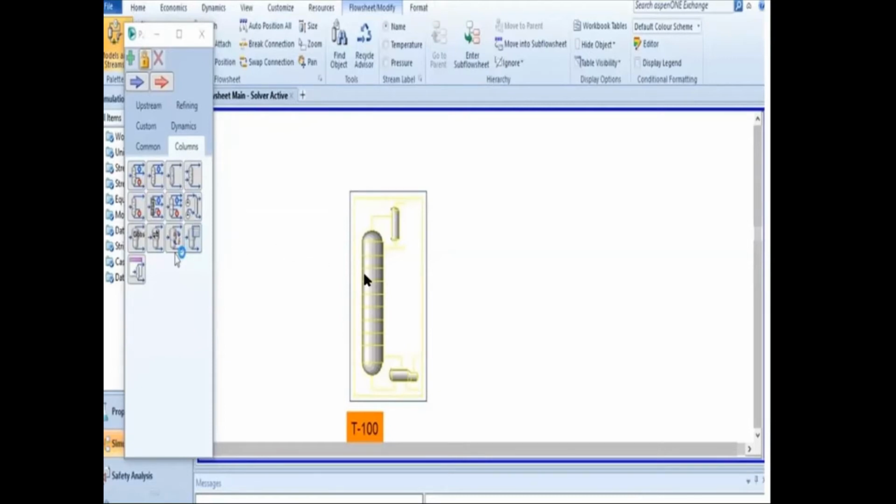After double clicking, this column will be selected, and it will automatically be placed in the simulation environment like this. This is our simulation environment, the white portion you can see here. This is nothing but the distillation column. Here you can see this is the column, this is the condenser, this is the reboiler. That may be packed, that may be tray, but we are going to simulate a tray column here. So after clicking that column, I now have a distillation column here.